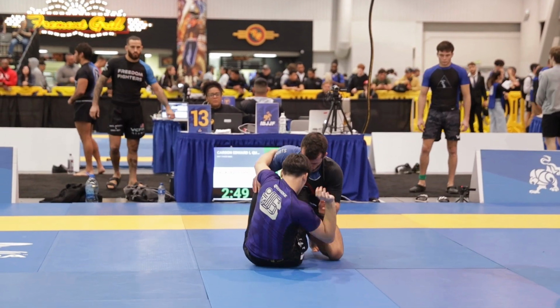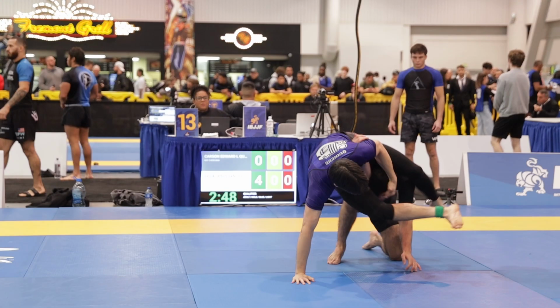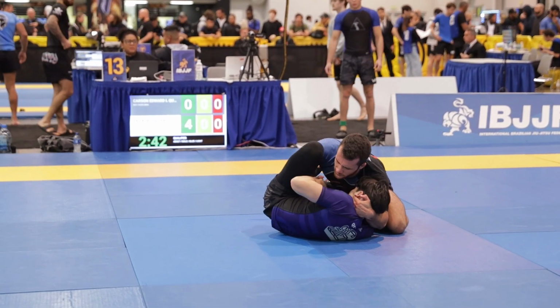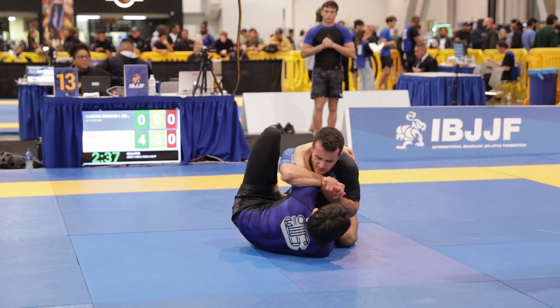So this is where that competition experience really came in handy for Eric. As I went for the hip bump triangle, he did the perfect defense, ducking his head instead of trying to posture out of it, and he managed to keep himself safe and come up into half guard. So after multiple attempts for that hip bump, and now knowing that he's knowledgeable on how to defend it correctly,